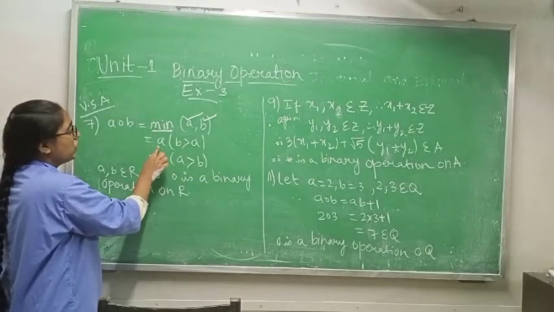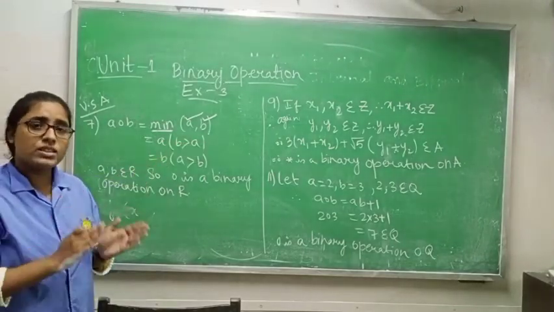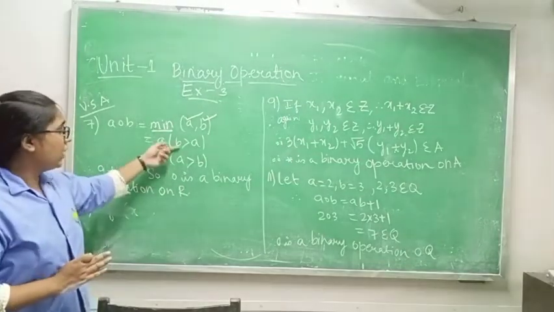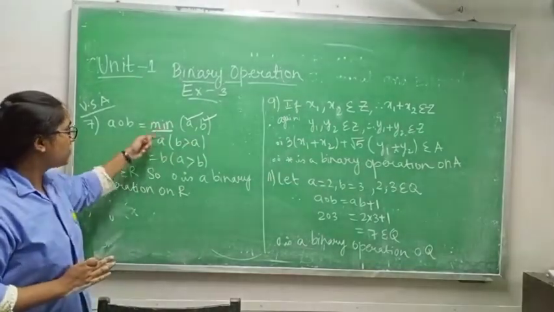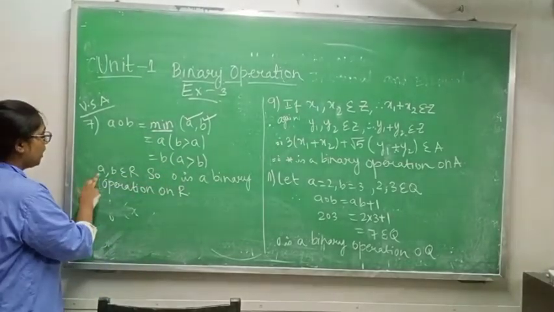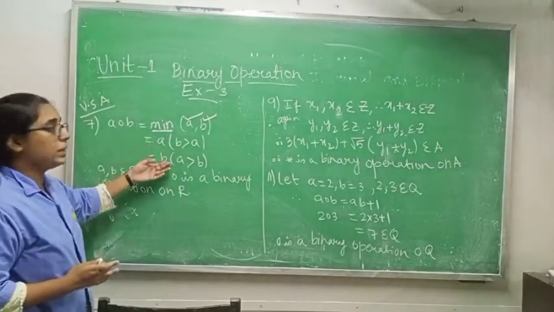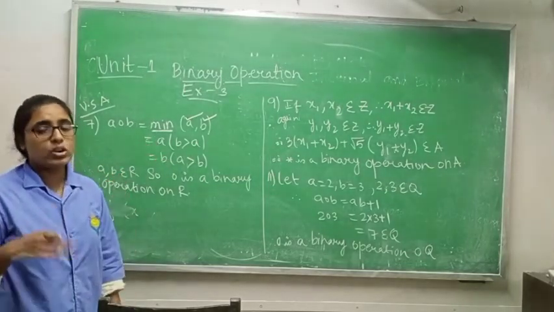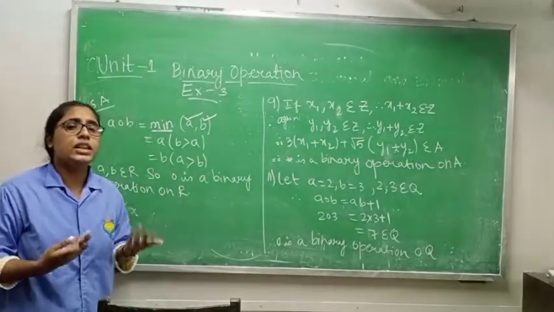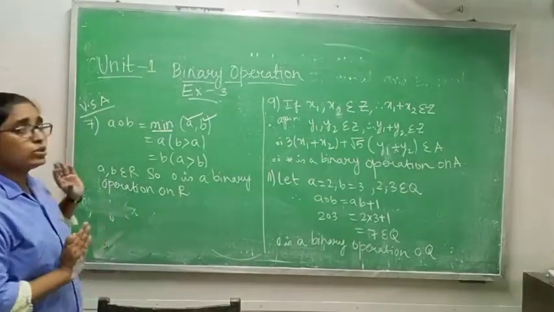b. Now, if you are writing min as a, it means b is greater than a, b is bigger than a. And if in place of min you are writing b, it means a is greater than b. Therefore, a circle b belongs to R. See, whether a is the min or b is the min, it does not matter at all because we have no limit for a. a can be real and b can be real also. Both are real numbers only. So only you have to understand how to write this.